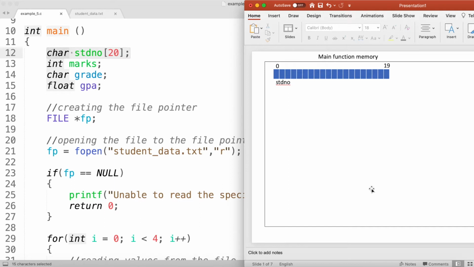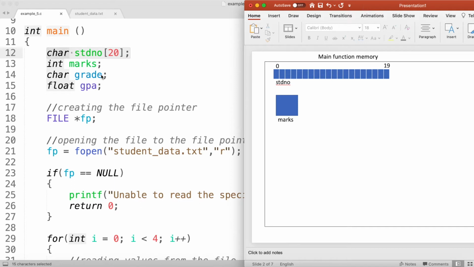After execution of the next statement, it will create an integer variable in my memory, and this is how my memory looks like after creating that integer variable.